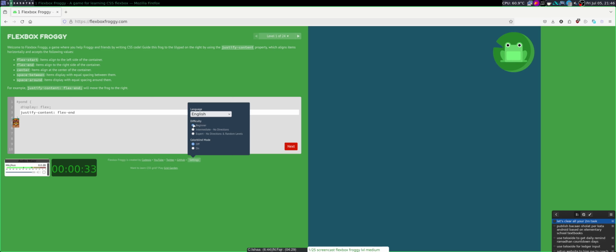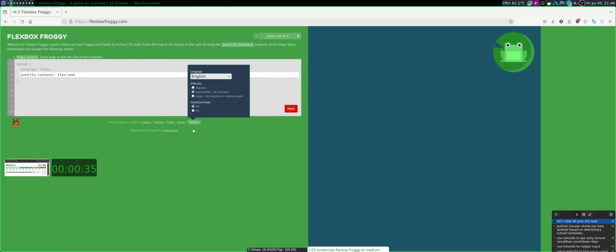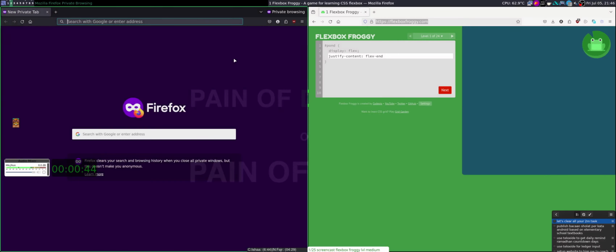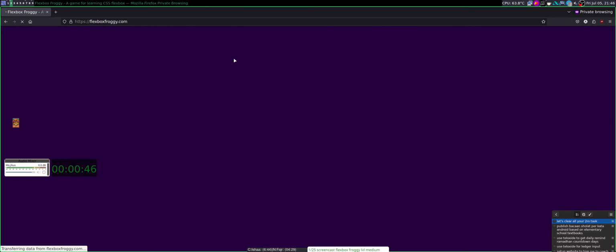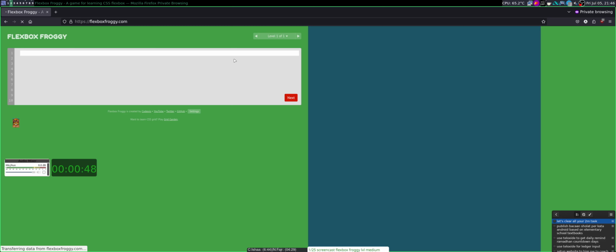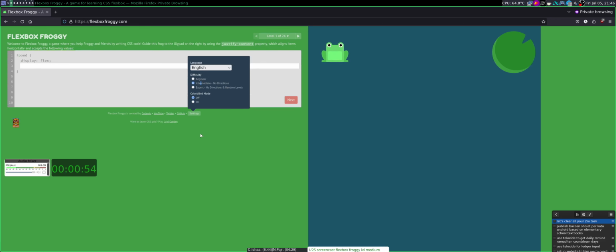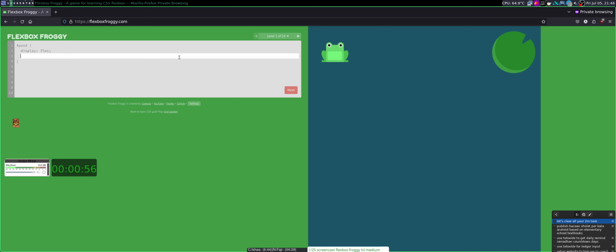Now I'm going to use intermediate, and because this still saves my progress and I don't know how to reset it, I'm using incognito and setting the difficulty to intermediate. Okay, the first level.